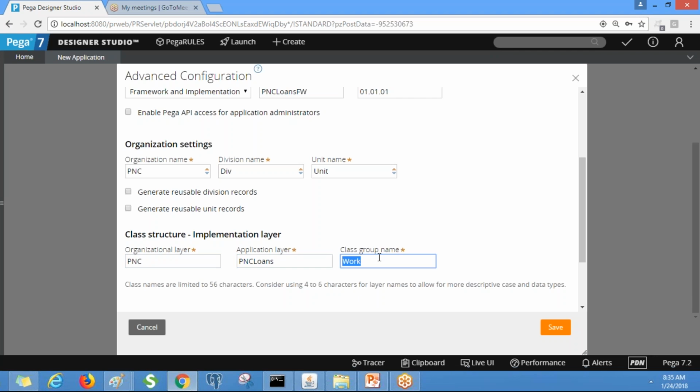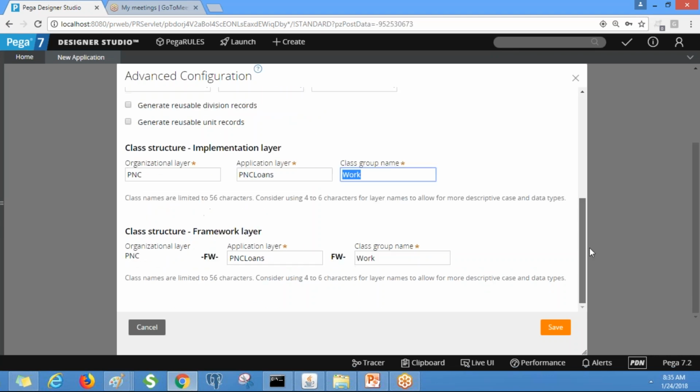This is the unit level concrete class, but it is not a reusable unit record. This is the framework layer: PNC-FW-PNCLoans-FW-Work. So here you will have an implementation layer and a framework layer.